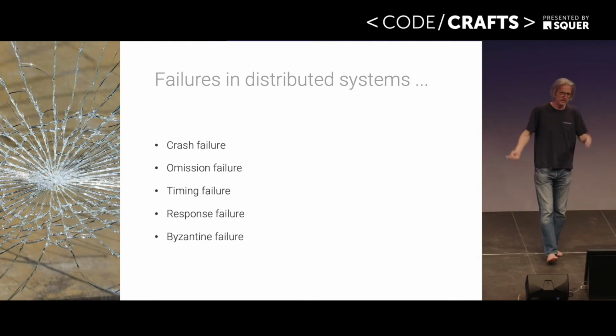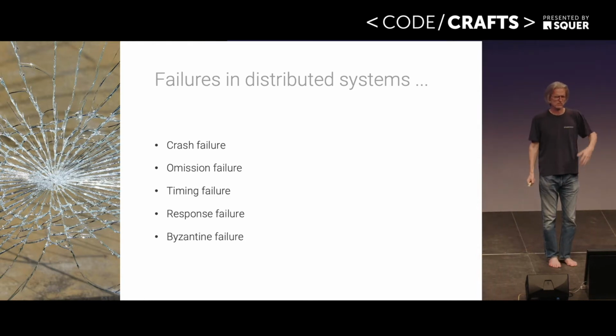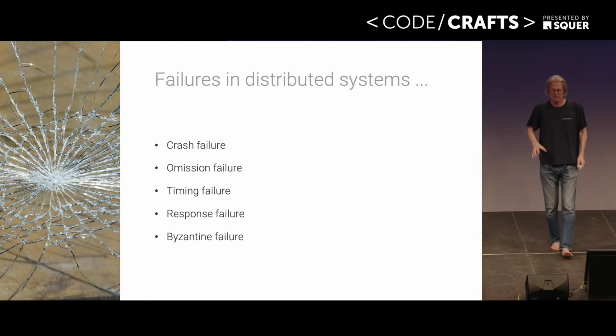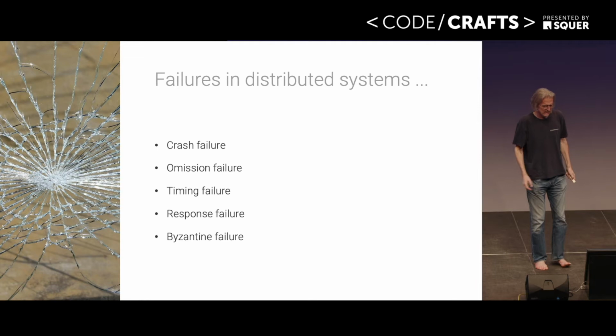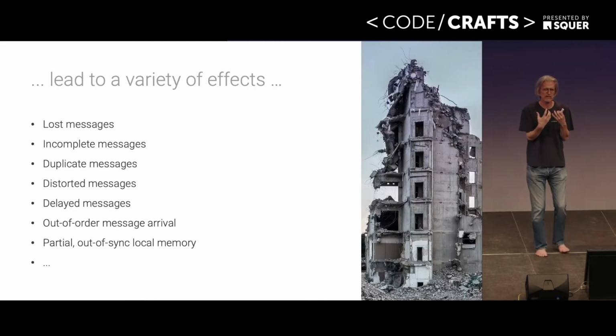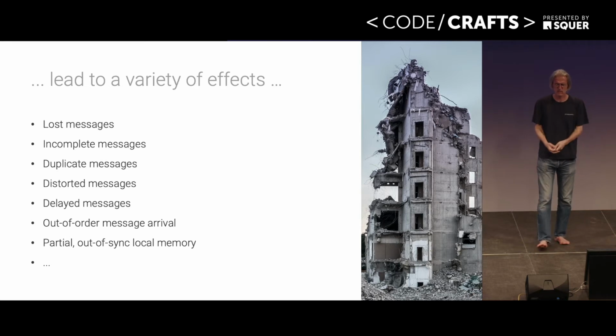Or Byzantine failures, yeah, well, it went amok. We have no clue what that system is doing. And all these things happen in distributed systems. And now this still sounds a little bit abstract. And so if we go a little bit closer to it, how it affects us as developers, so we have